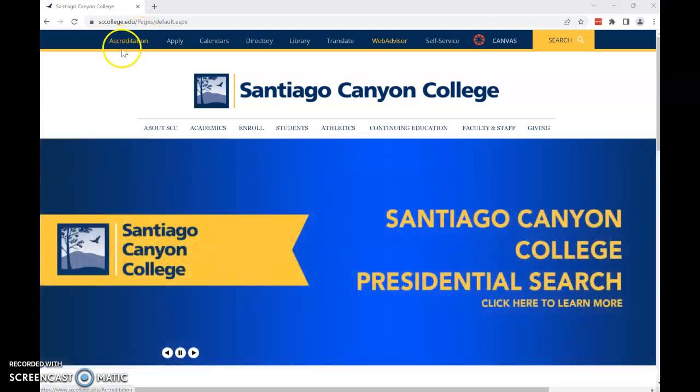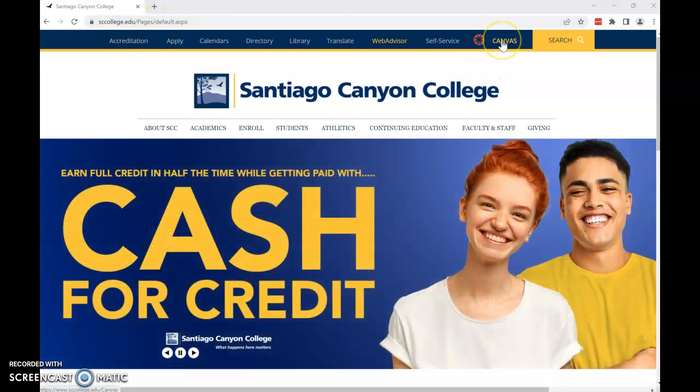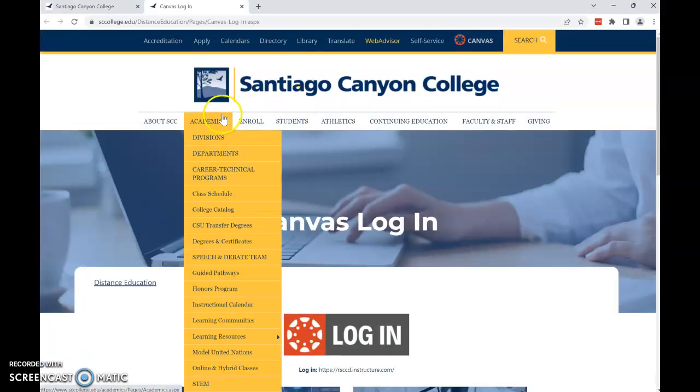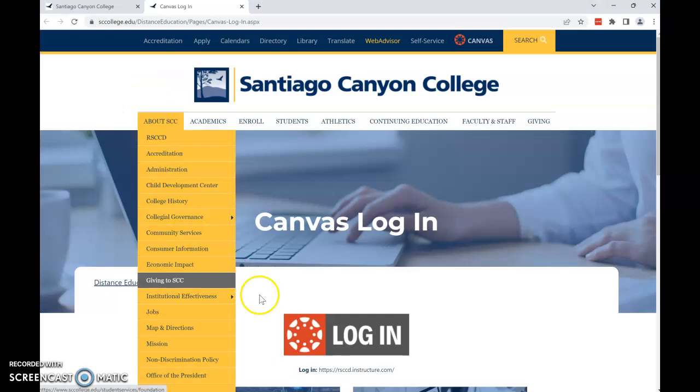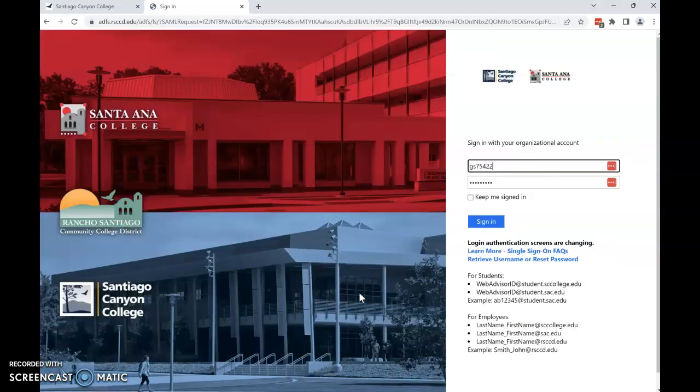To start, go to the San Diego Canyon College homepage, and in the top navigation menu you'll find a link for Canvas. Go ahead and click on that. That will open up a new window for you, and from there you should see the main Canvas login in the center of the screen. Go ahead and click on that,